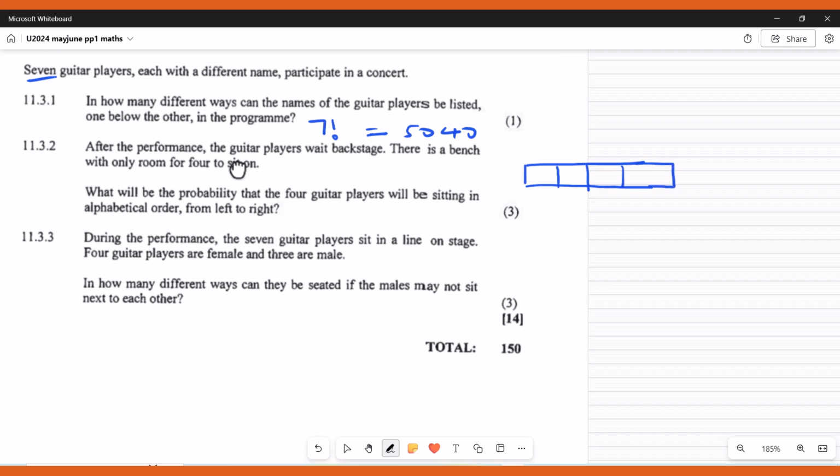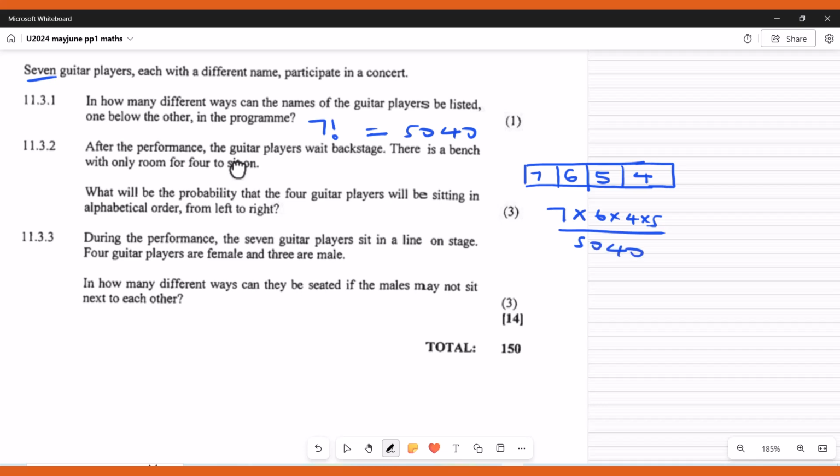Now, how many players are they all together? In the first seat, any of the 7 can sit here. 7 minus 1, any of the 6 can sit here. Then any of the remaining 5 can sit here. Any of the remaining 4 can sit here. The seats are finished. So my answer here is going to be 7 times 6 times 5 times 4. Then divide by the total available space, which is